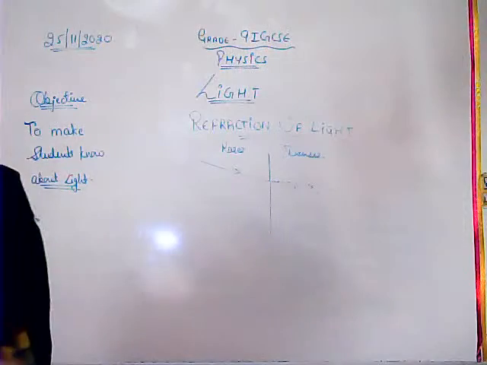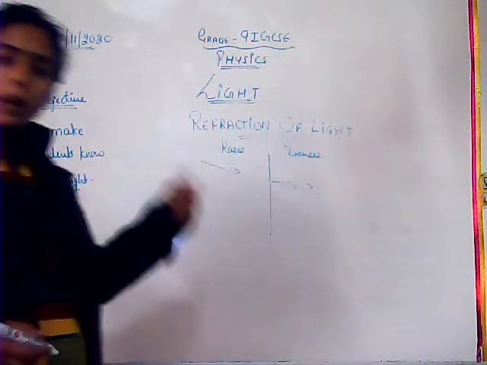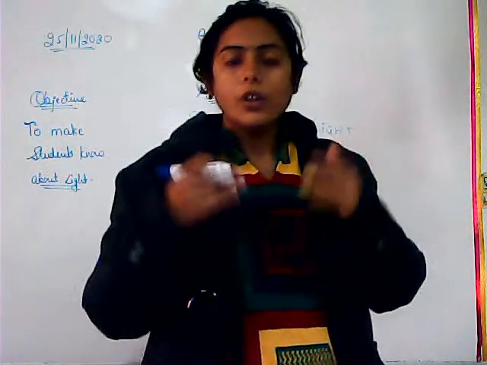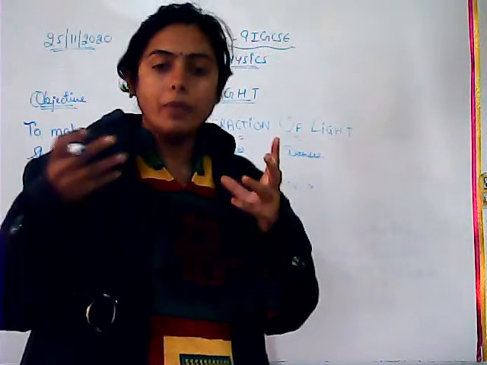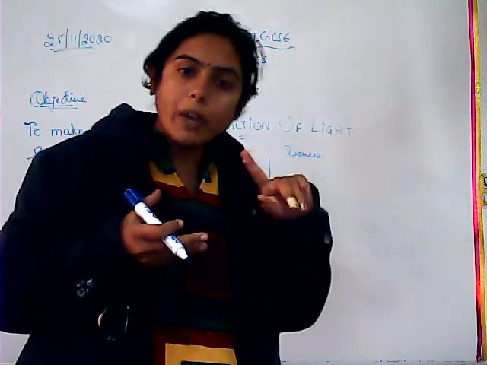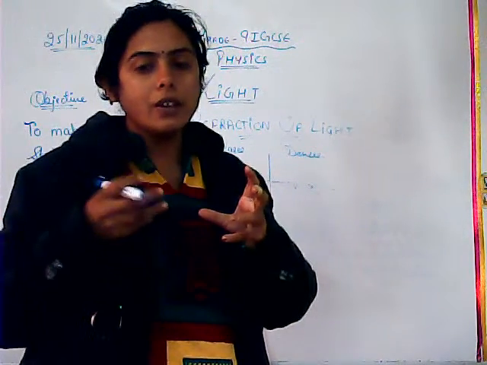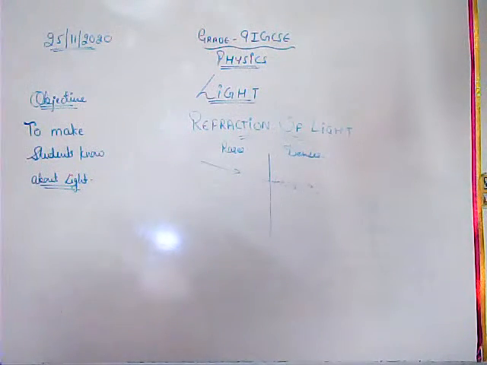I have done this in the previous class also by the way, but एक बार इसको समझ लो. Fine. और if you do opposite, इसका उल्टा करोगे, अगर आप denser से rarer की तरफ आ रहे हो, you will be always bending away from the normal. When you go from rarer to denser, you bend towards the normal. When you go from denser to rarer, you bend away from the normal. Okay? हाँ जी, any doubts still है? यहाँ तक कोई डाउट?